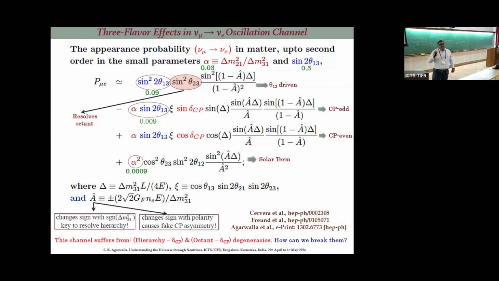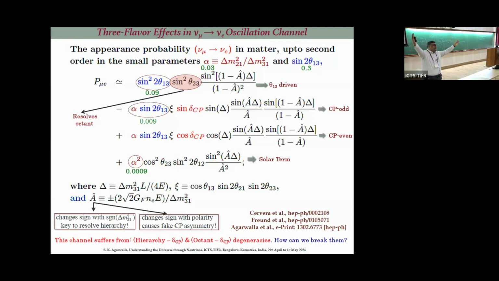So the job that we have in hand, let me summarize. In three-flavor phenomenology, every day we wake up and think, how can I resolve these degeneracies? There are many ways you can tackle this problem. One of the important ways is you do experiments at different L by E. You think about T2K, 295 kilometer, an off-axis experiment. NOvA, 810 kilometer. That is also an off-axis experiment.